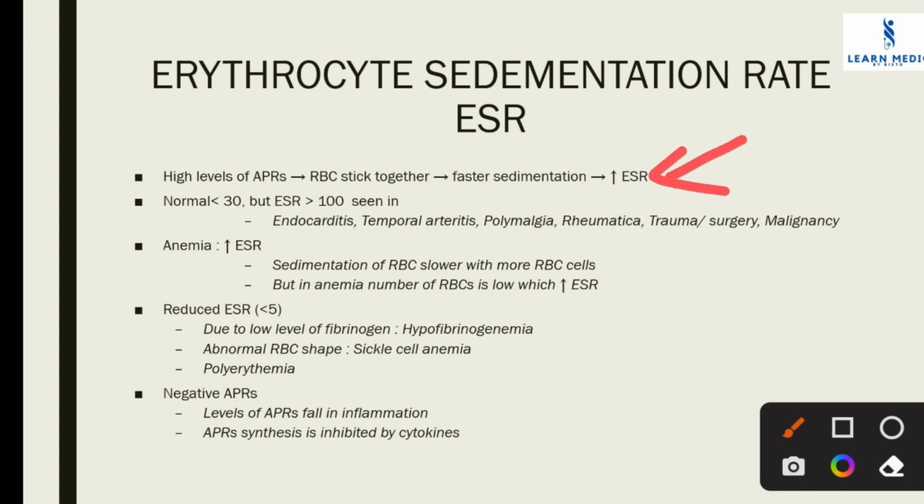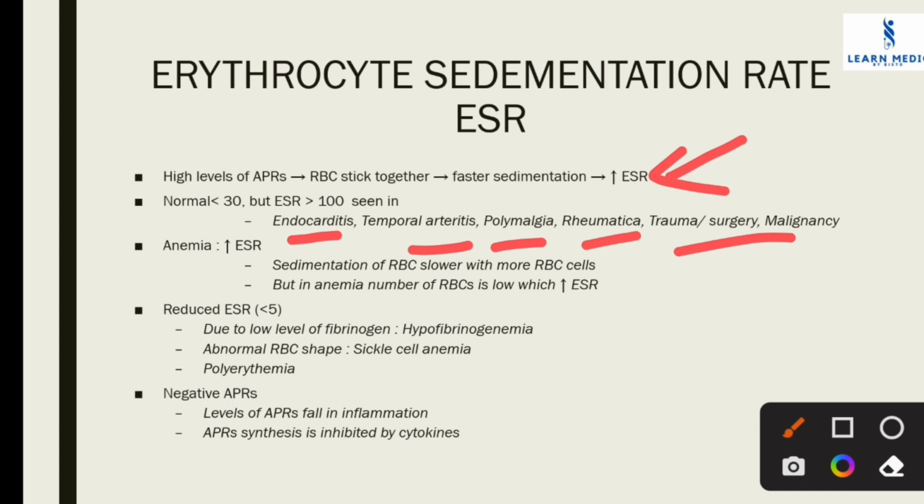That happens in any common infection or inflammation. The normal ESR is less than 30, but an ESR higher than 100 is also seen, for example in endocarditis, temporal arteritis, polymyalgia rheumatica, trauma, after surgery